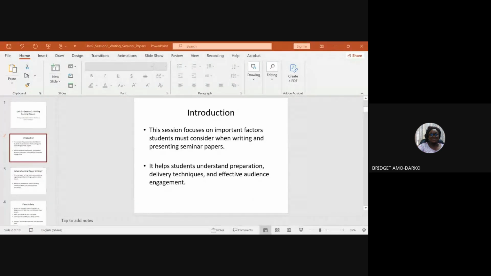Dennis, what's your problem? Madam, please, you spoke about conclusion and then you said we should summarize the major points. Okay. Thank you. Okay. Let's move to the next session.